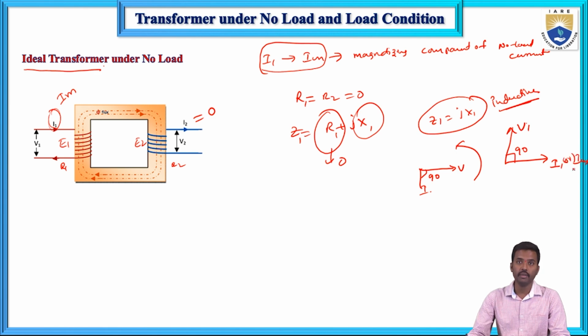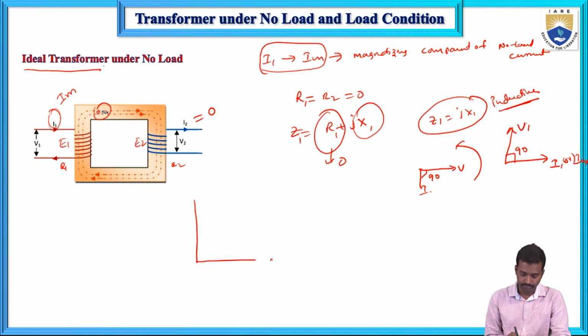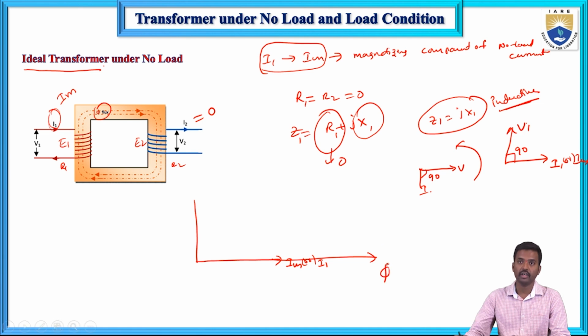Now here IM sets up the flux, this IM sets up the flux phi. So now here this is the IM or I1. So this one is known as phi. So it sets up the flux means this flux vector is in phase with this one, and this one is